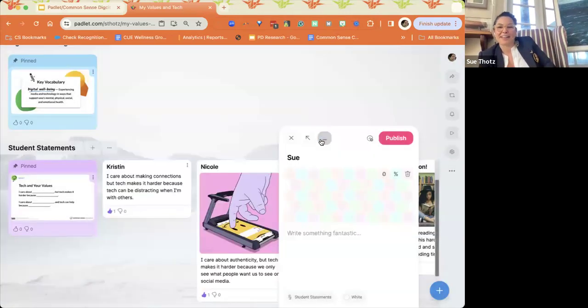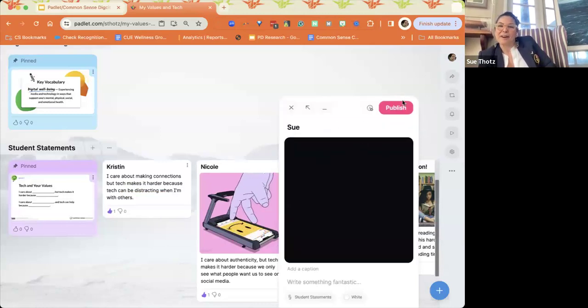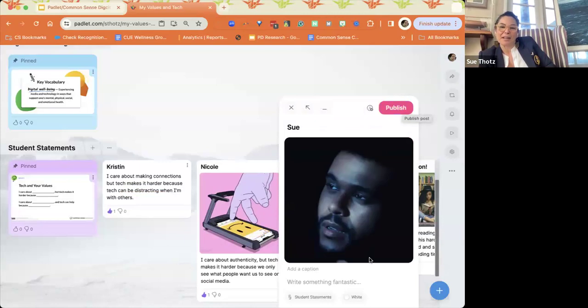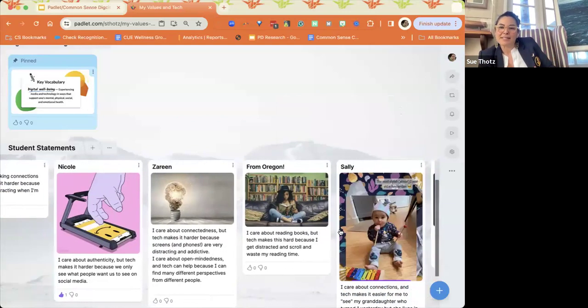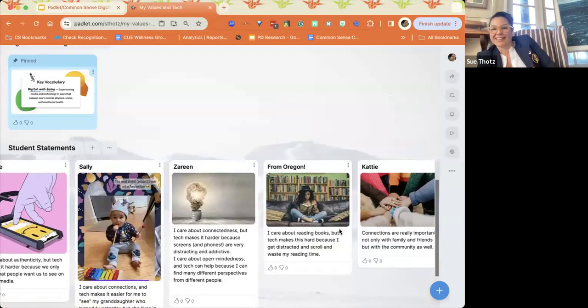Maybe this is something that I want to insert in here, and when I do that, I, of course, want to hit publish after I can add a caption. I can write my own piece down here. And this is how I feel sometimes, definitely, right? This is the way that technology makes me feel. I'm kind of fake smiling sometimes whenever I'm using the technology because I'm really hurting on the inside.